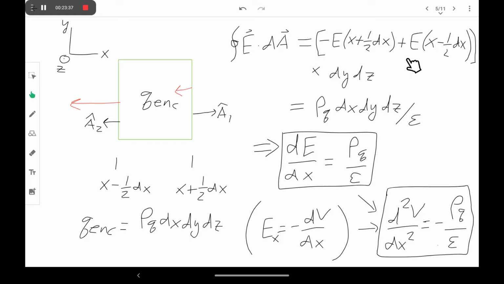Now Gauss says that that's equal to the charge enclosed, which we can write as the volume charge density. So we have rho q represents the volume charge density times the volume, dx, dy, dz. So if I take a volume density times volume, I get how much is there. This represents q enclosed, how much q is enclosed. And by Gauss's law, I divide by this constant. Okay. Now, we've seen this before multiple times, but if you look at this,